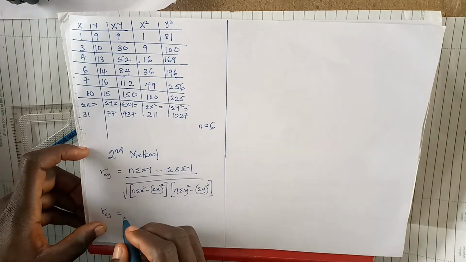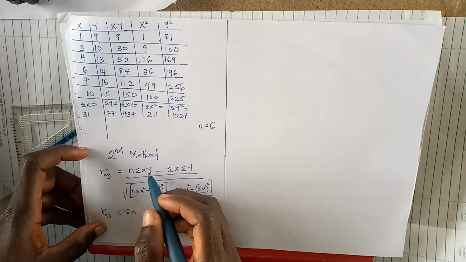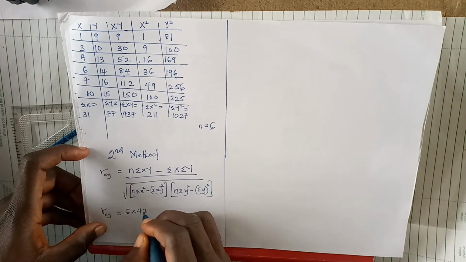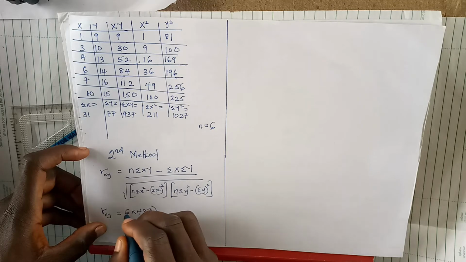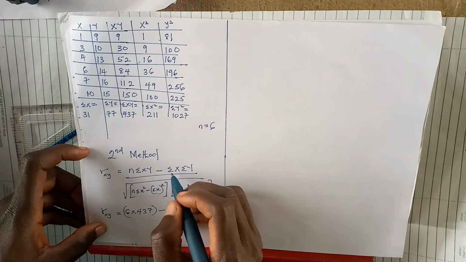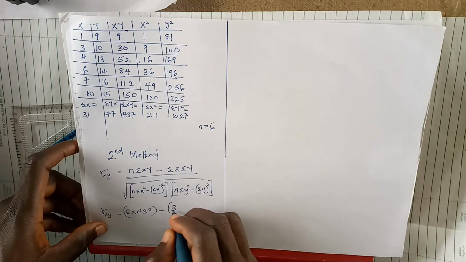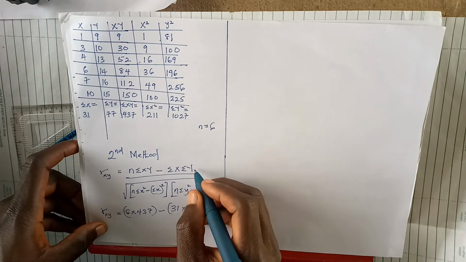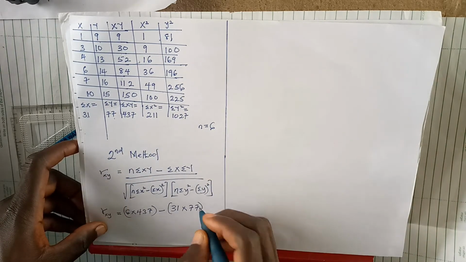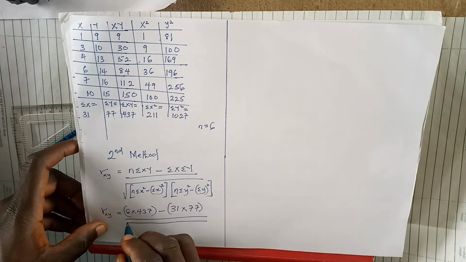So now we have 6 multiplied by summation xy, and our summation xy here is 437, minus, let me open another bracket, summation x from here is 31 multiplied by summation y, and summation y here is 77, all divided by the square root